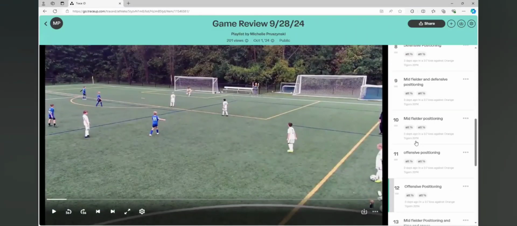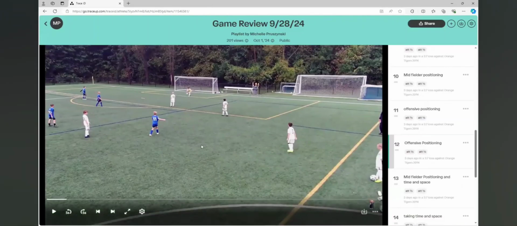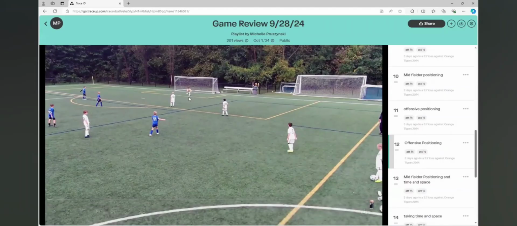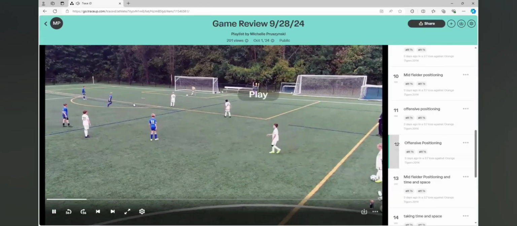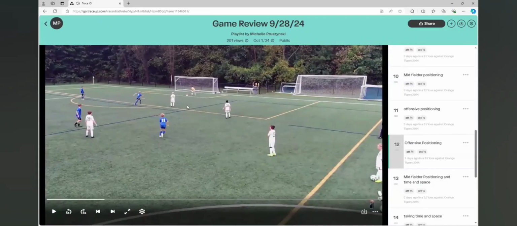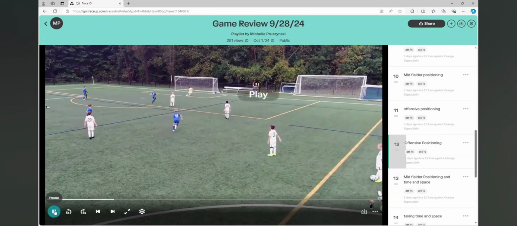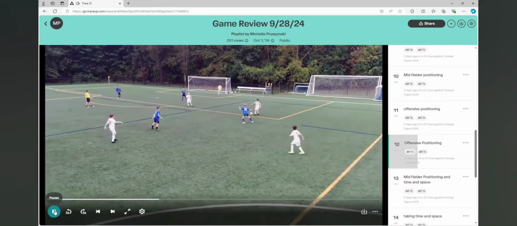All right, so for this play here, it's also another offensive positioning. Goalie had possession of the ball after collecting it in their hands, and then the goalie puts the ball back on the ground. So at this point, once the goalie put the ball on the ground, it becomes a live ball. This is not a goal kick. This is the goalie placing the ball on the ground, probably an error, not knowing what was going on. And our forward does recognize the play, starts to challenge the ball. Our wing is too far behind the play, leaving the two defenders open for the goalie to get rid of the ball quickly. So the goalie gets rid of the ball quickly, which is good,